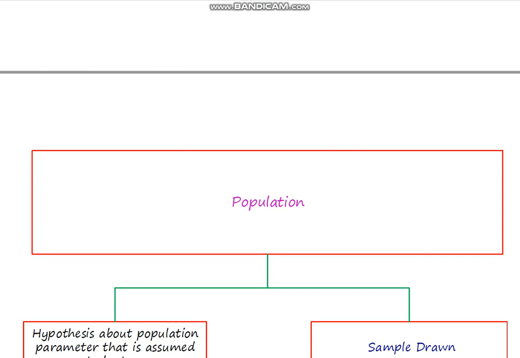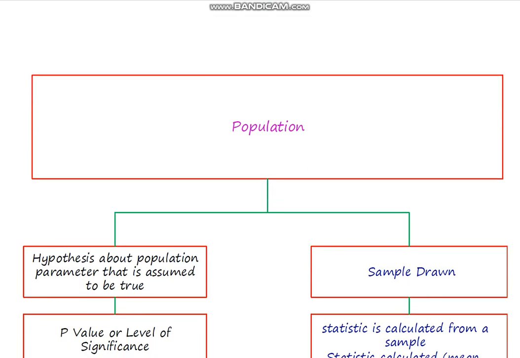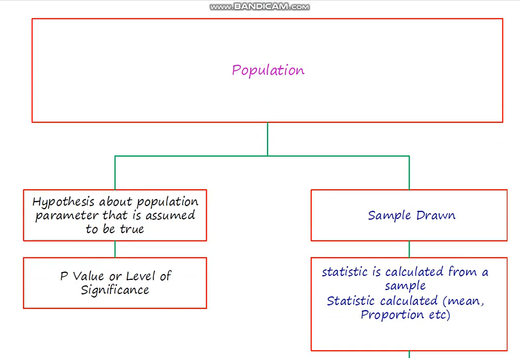To understand this whole concept with the help of this flowchart, here is the population. We draw a statement from this population, a hypothesis about a population parameter that is assumed to be true. This is named the null hypothesis, and mathematically it is denoted by H0. And from this statement we calculate the p-value,